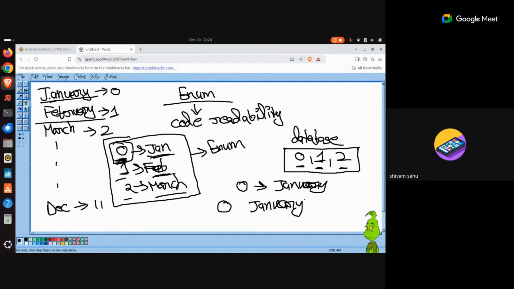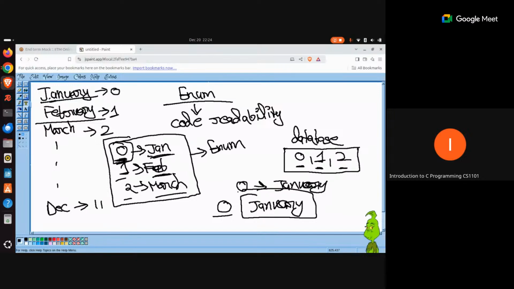January. You would prefer to be as explicit, as specific, or as descriptive as you can. Because when you are writing some code, it is very much possible that if you read that code tomorrow, or after some time, you might not be able to immediately grasp the context of why you used this 0 and what this 0 corresponded to. In that case, if you had written January in place of 0, it would be immediately easy for you to understand. January is easy for everybody, or even when someone is writing code, it is easy for them to understand.